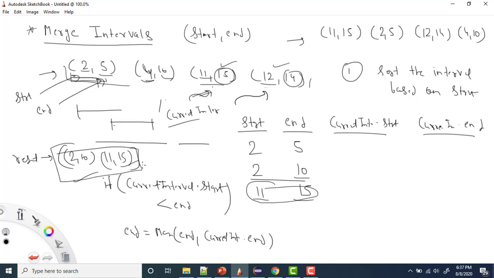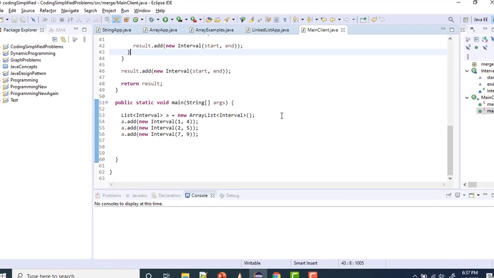So 2 to 10 and 11 to 15, this will contain all the intervals present originally, right? So this is how we can merge all the intervals given to us, right? Now let me show you the code as well,